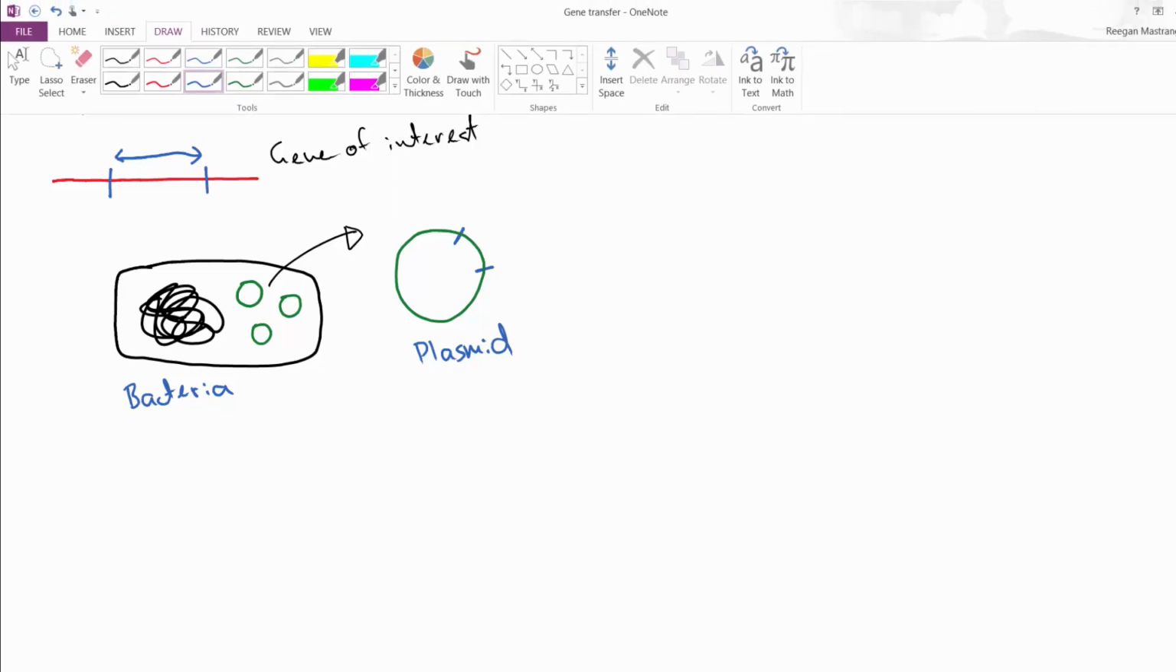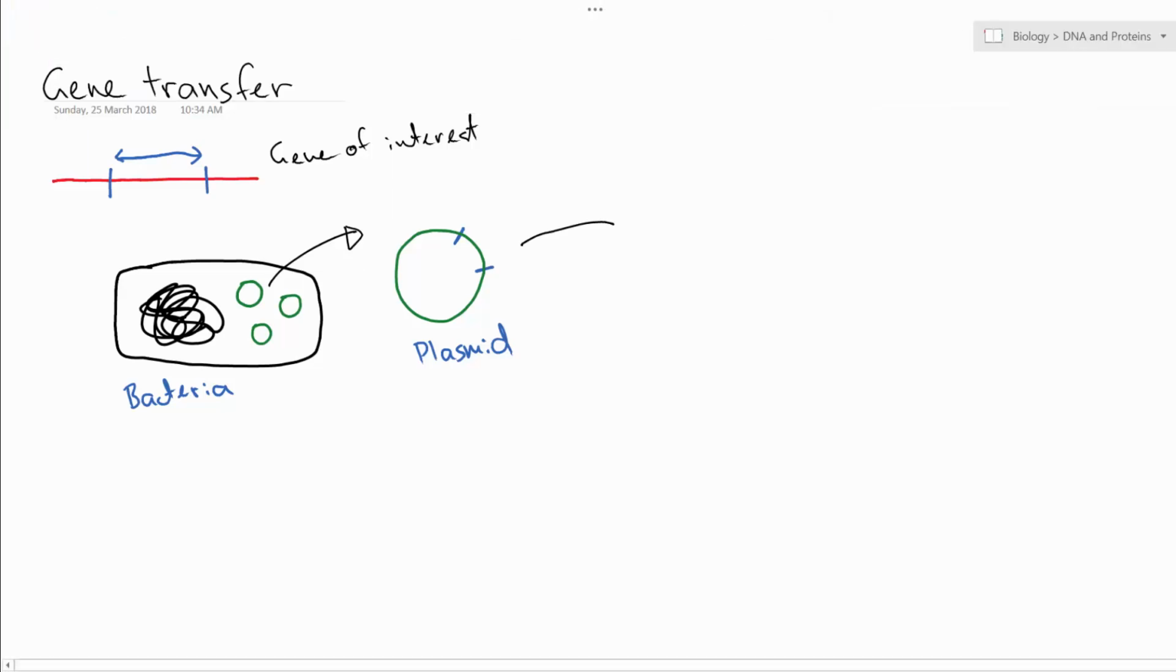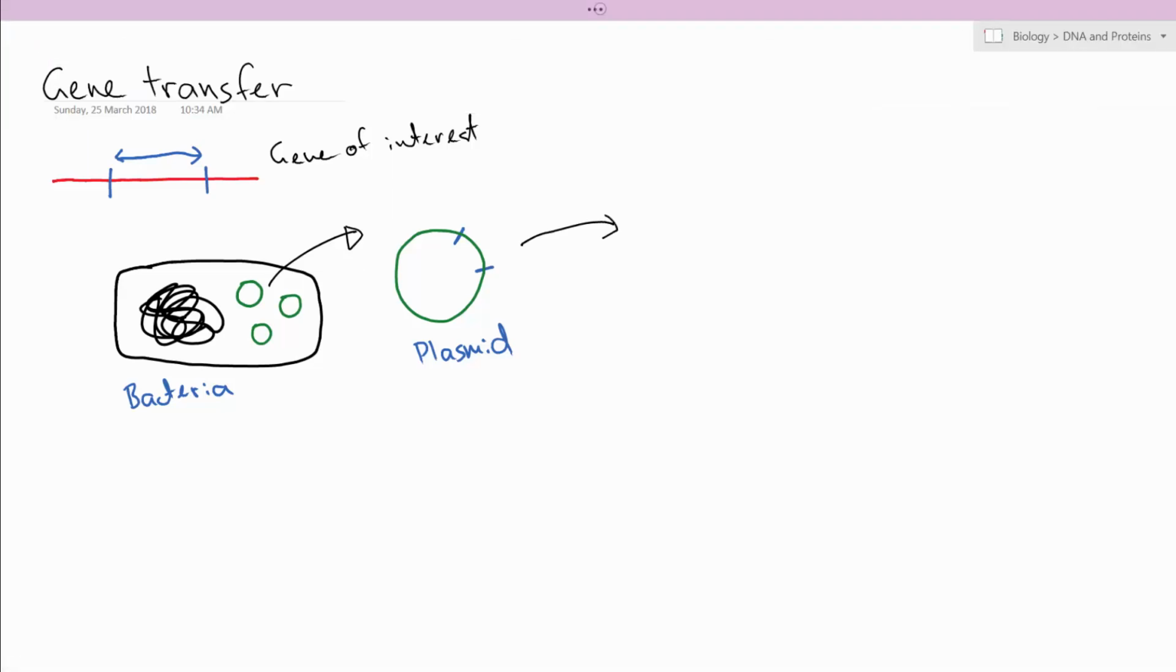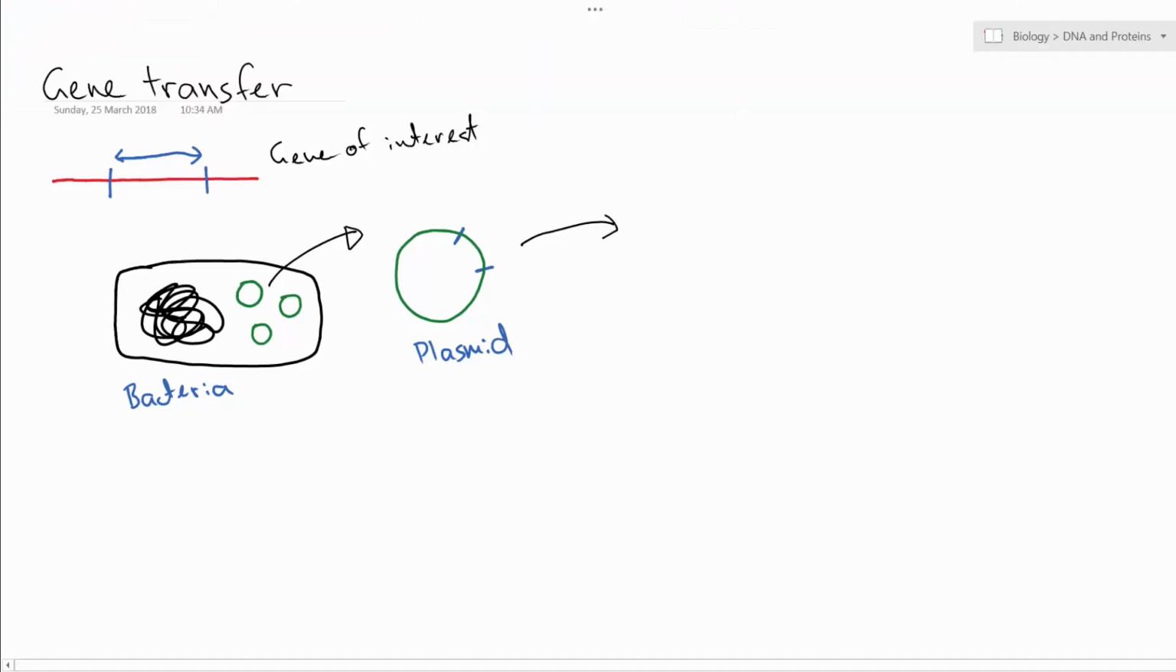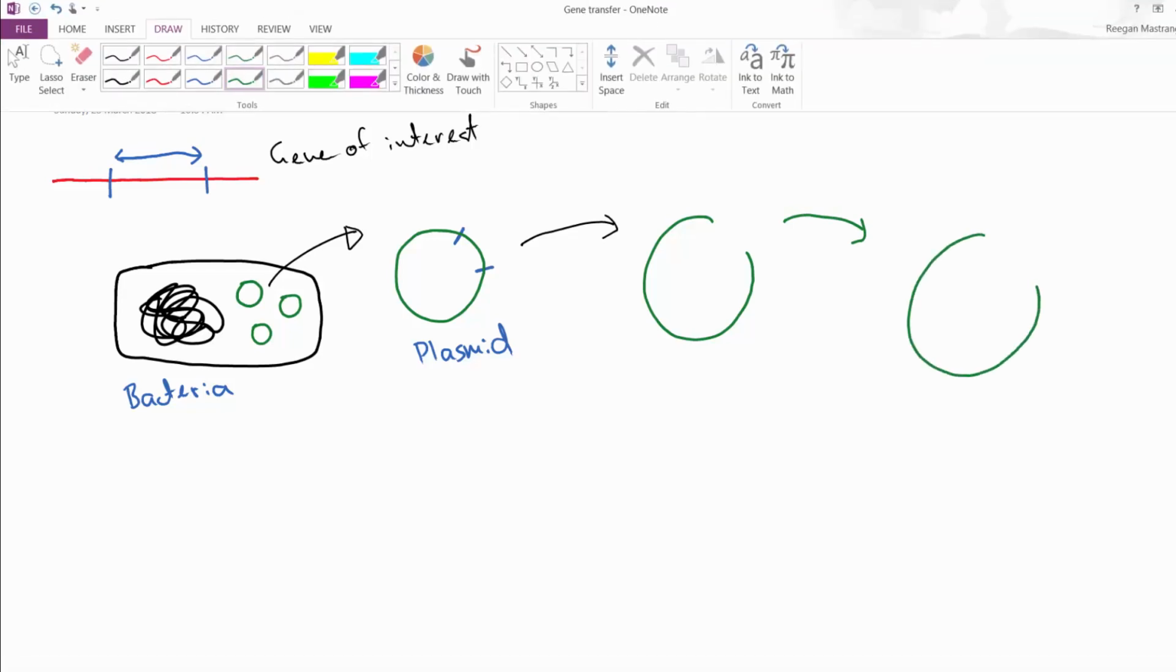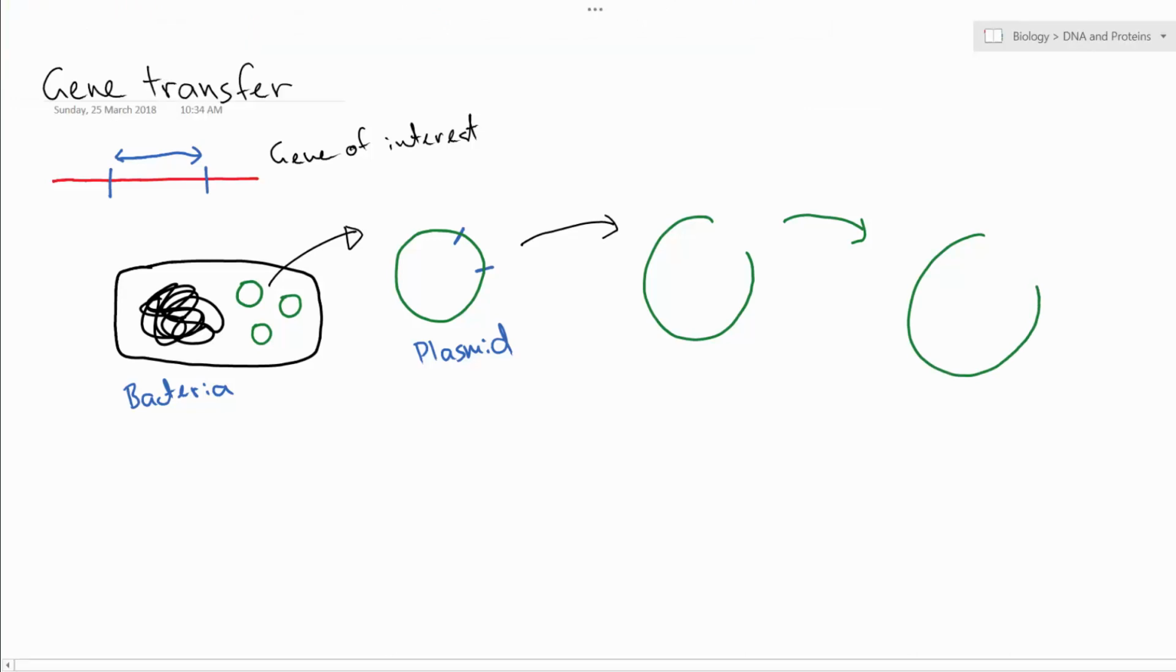So the next step in this process is we're now going to see a hole has been cut in our plasmid, which will then allow those sticky ends to come into play, and our original gene of interest is able to be inserted into our plasmid. So we can now call this